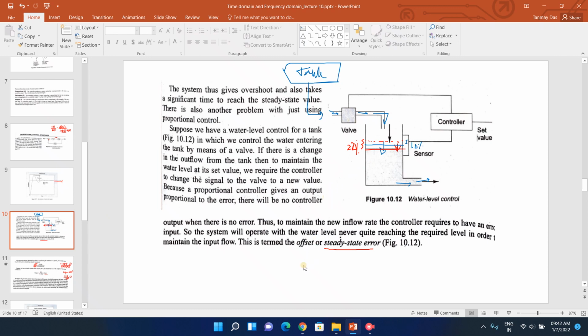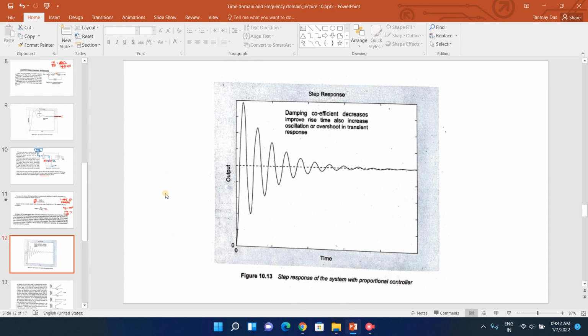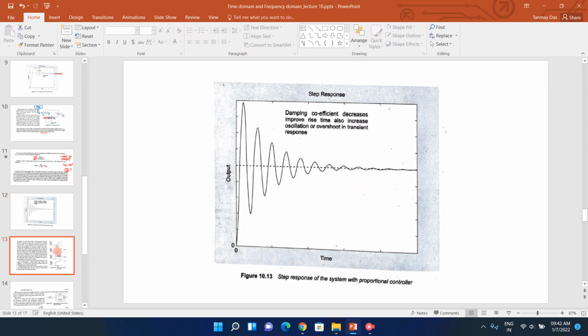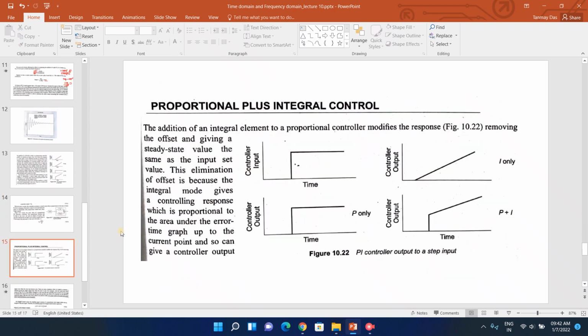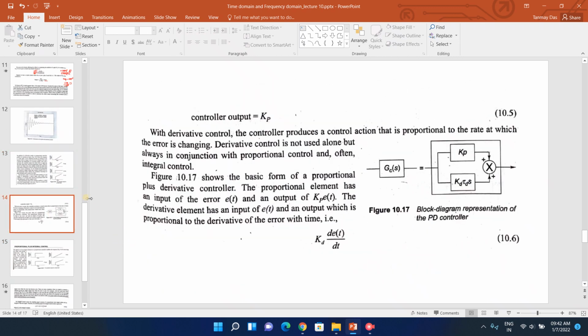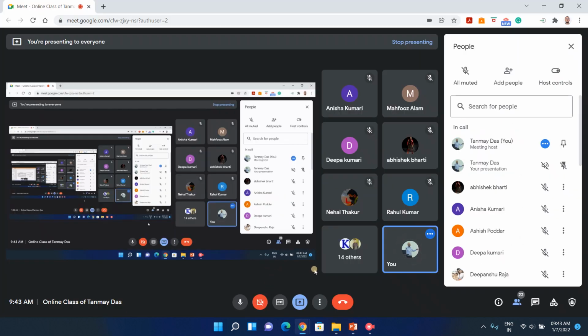The drawback in the proportional controller is that it cannot reduce the steady state offset error too much. If it is able to reduce it too much, then the gain has to be increased and the system will become more unstable. Overshoot will be more. So using the proportional plus derivative controller, PD controller, it can reduce the steady state error without increasing the offset, the overshoot. Okay, that we will be seeing practically in MATLAB. Also I will show you an experiment. From there you will be able to understand how it is actually happening.